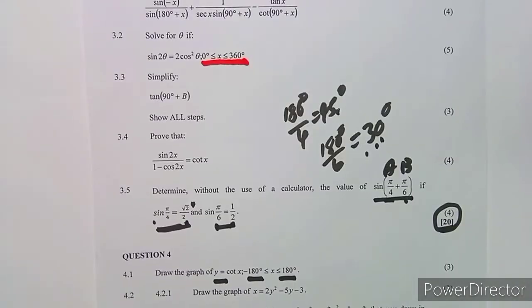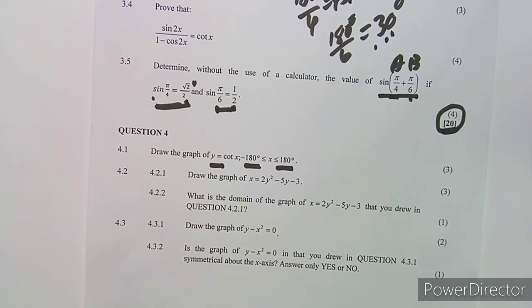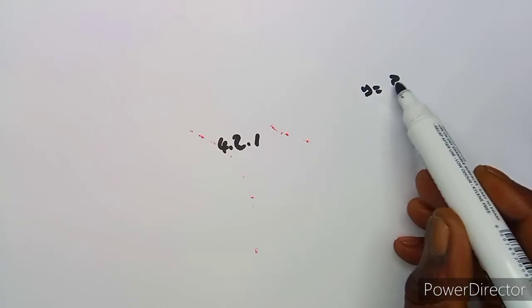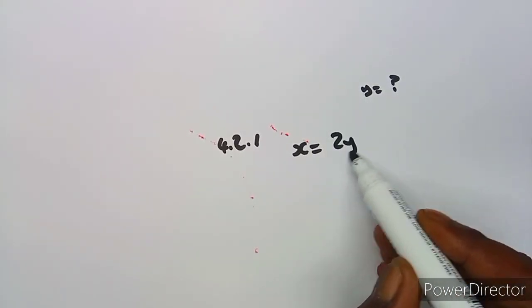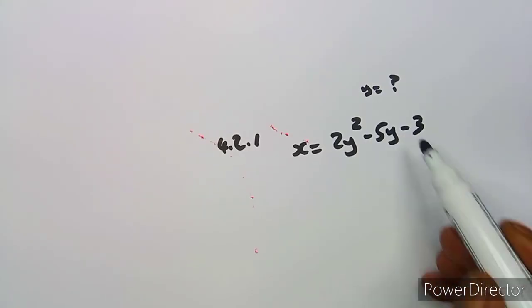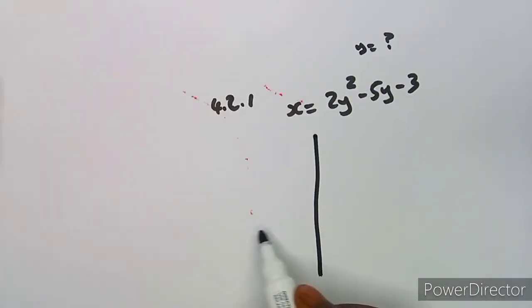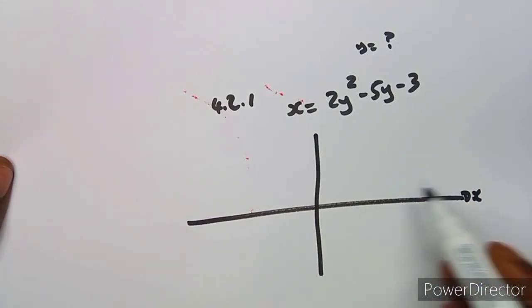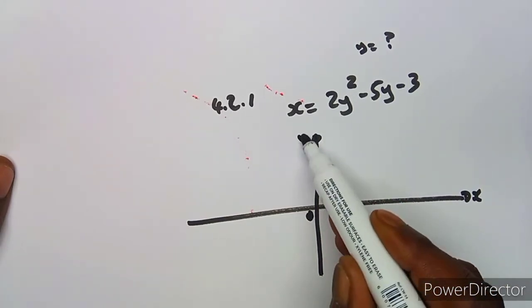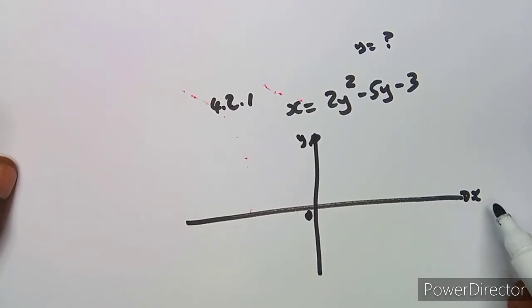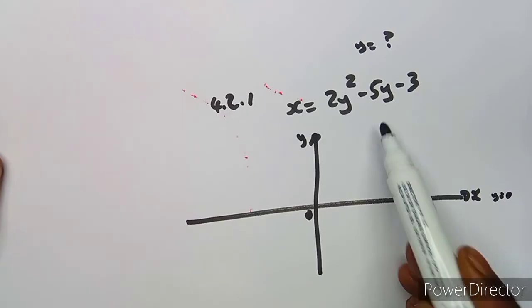This one was pretty direct. Then we are given to draw the graph of x is equal to 2y squared minus 5y minus 3. This is the opposite of what we are used to. Remember guys, we are used to y is equal to, but this time it's x is equal to. Just like the graph of y is equal to, we are going to apply the same thing. In the x-axis, y is equal to 0 for the x-intercept. So when y is equal to 0, then